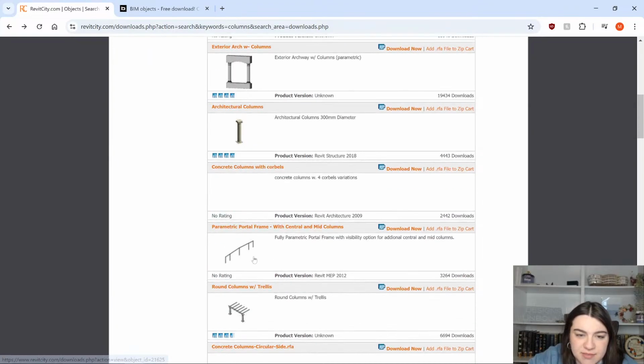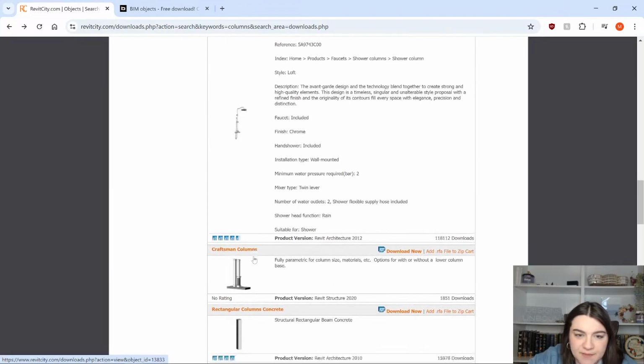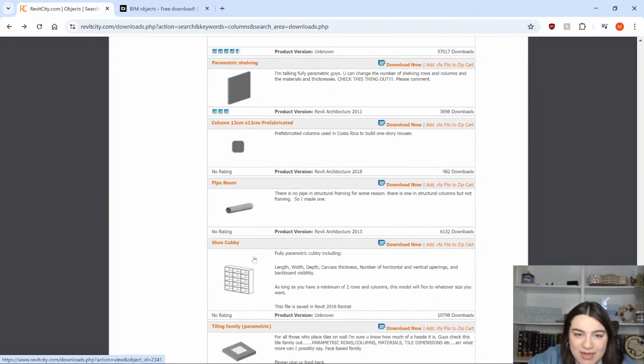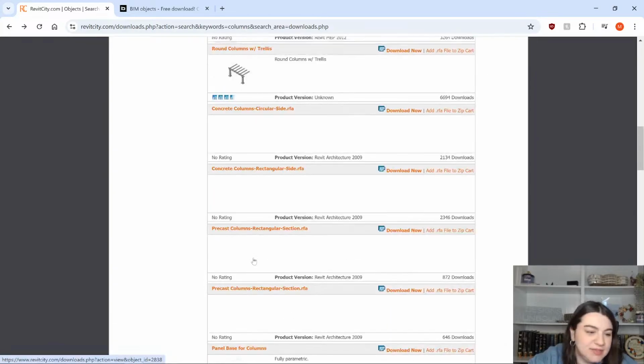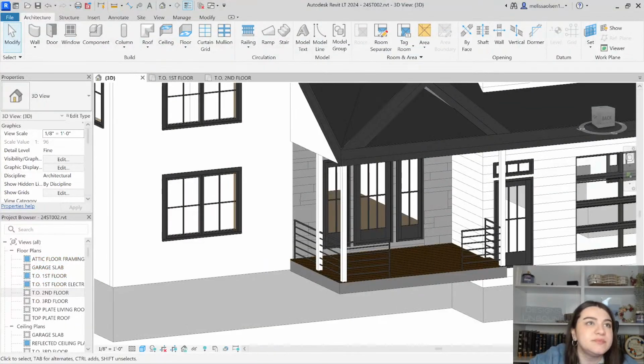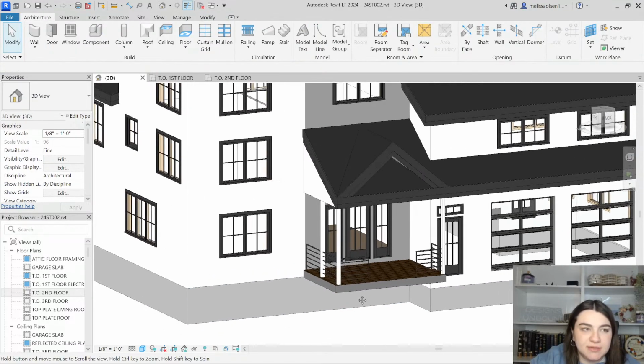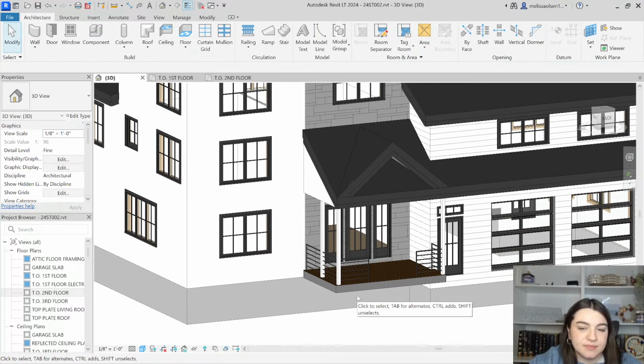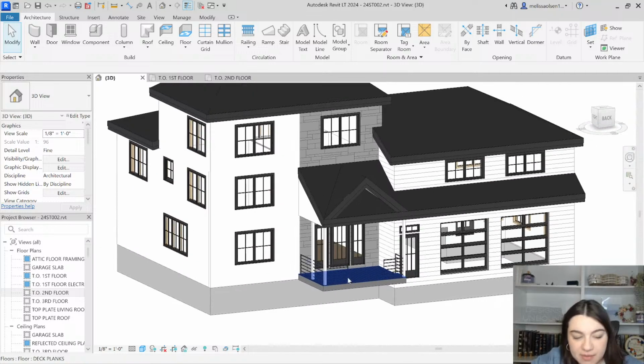I could try those Mediterranean ones, but I'm really disappointed that I didn't save that column that I know I've downloaded before. I'll have to find it at a different time, but we'll build out those columns next week. I'm going to add the floor